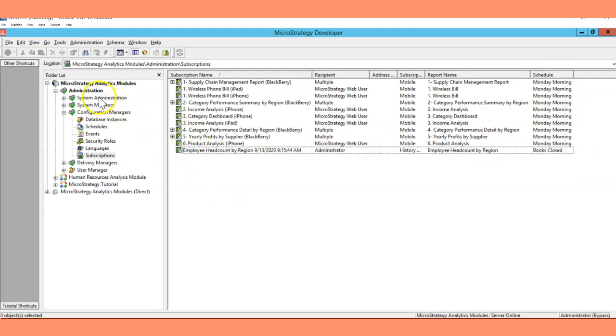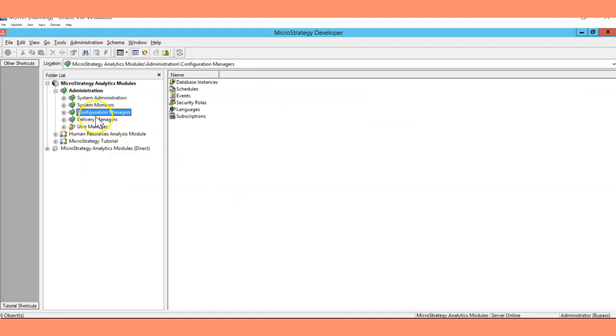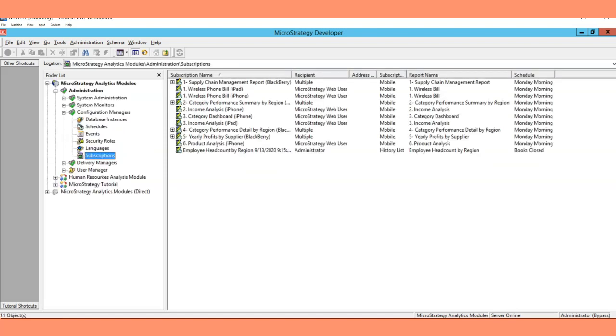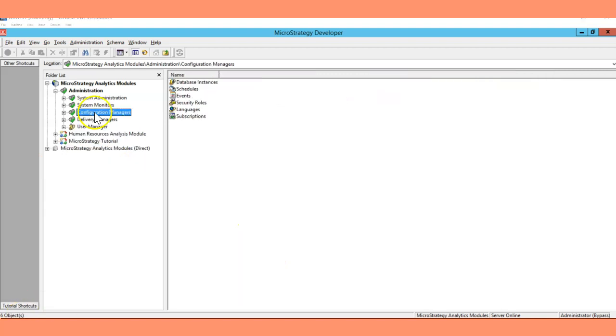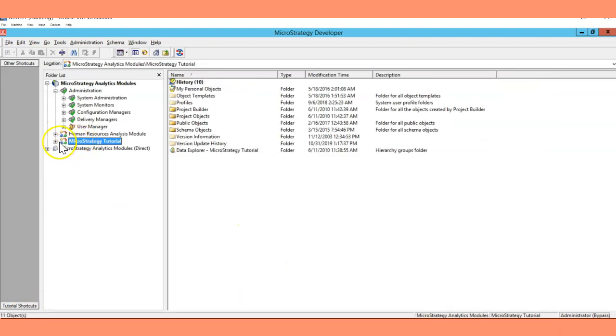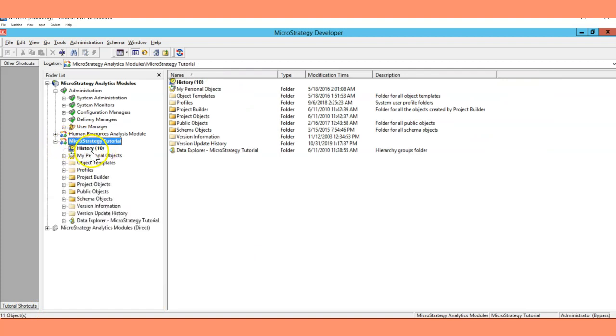Okay, now let's go under my administrations and go to here. That's my subscription. Okay, so if you just want to take any history, a history list message will also display, and we can take a look here also. To see the history list, you need to go to the projects where you have created the subscription. You can see the history list.